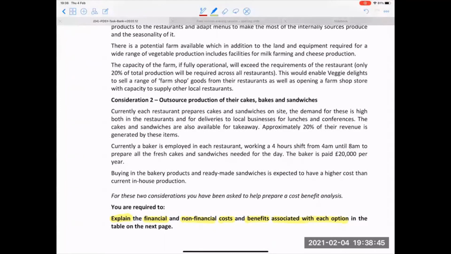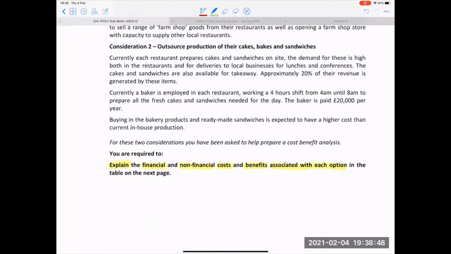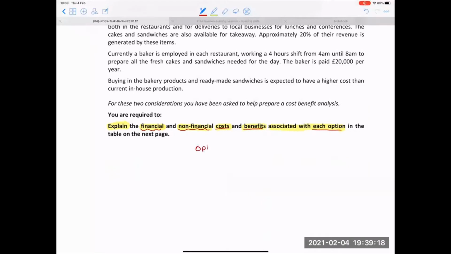Let's have a look at this question before we look at the information. It's that cost-benefit question that people see. I think once you've seen a couple, they're a lot easier than you hopefully imagine. So I've got 2 options to look at, and for each option, I've got to go for financial and non-financial costs and benefits. So I'm going to need to come up with 8 different things. So for option 1, this is the table we're going to have to draw up. Option 1 and option 2, I'm going to need to come up with